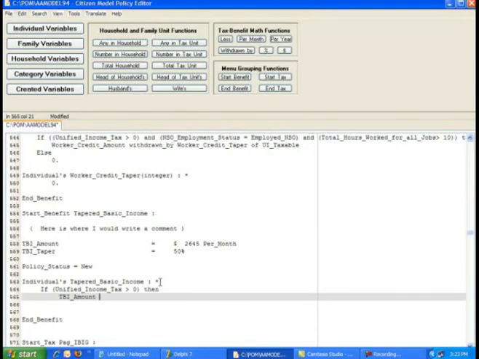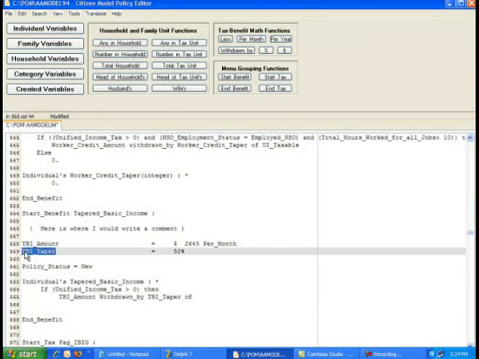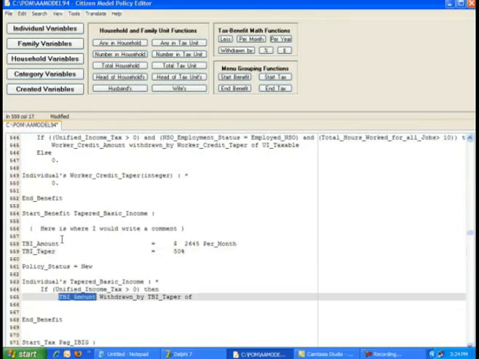You often taper benefits as a percentage of some income variable. So I'm going to go up here and click this keyword withdrawn by. And I'm going to get rid of the percentage symbol. It's just a marker there. TBI underscore taper. That's this thing up here, which we've defined is going to be one of our menu items. The first one, TBI amount, is this thing up here, which is again going to